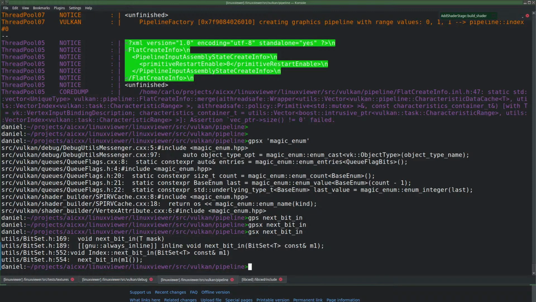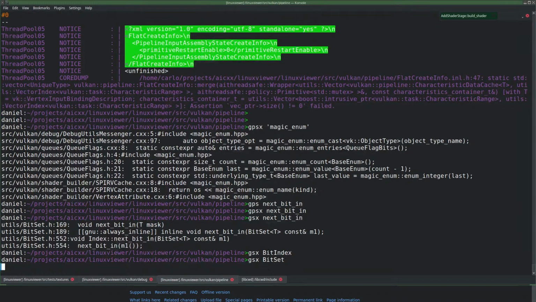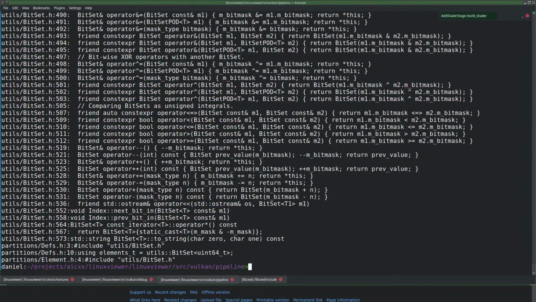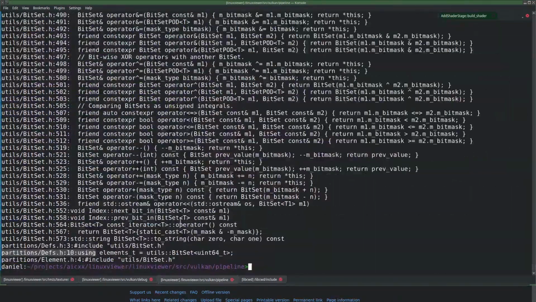Nope. Partitions uses it. That's the only thing in this whole project that is using it.